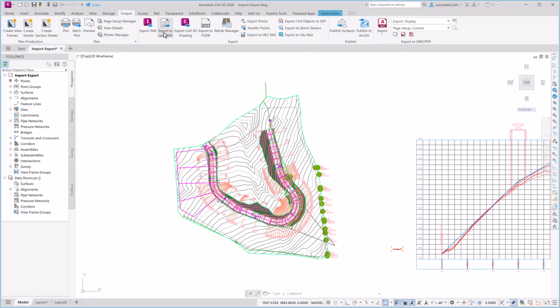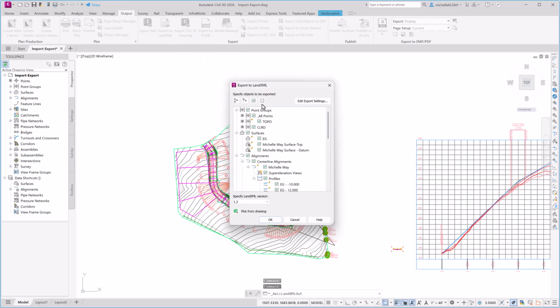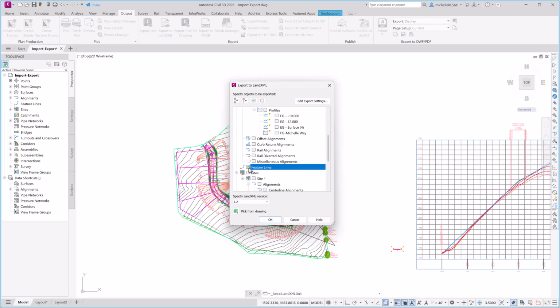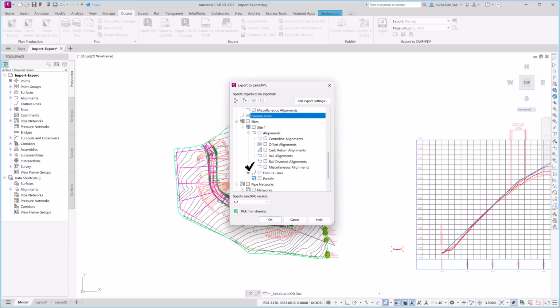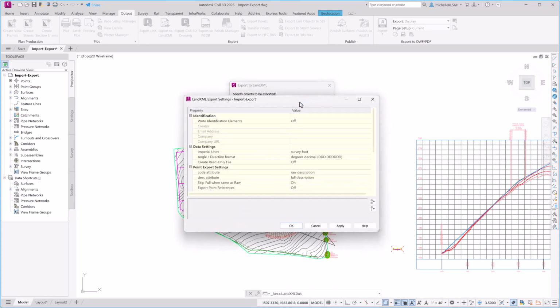I'll go ahead and export to LandXML, and you'll see a dialog box appear. This is where I can choose what I want to export. If I'm exporting my surfaces, I want to also make sure that I export any feature lines so that those feature lines go with the surface and make it more accurate. I could also export site feature lines if I needed to,